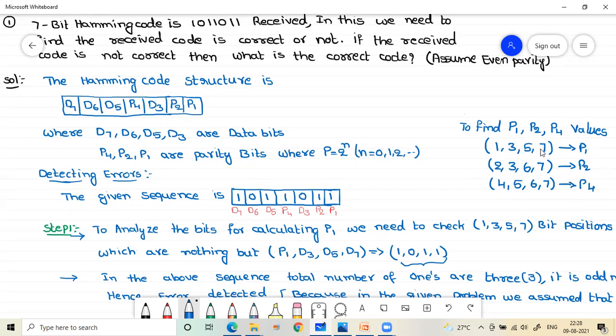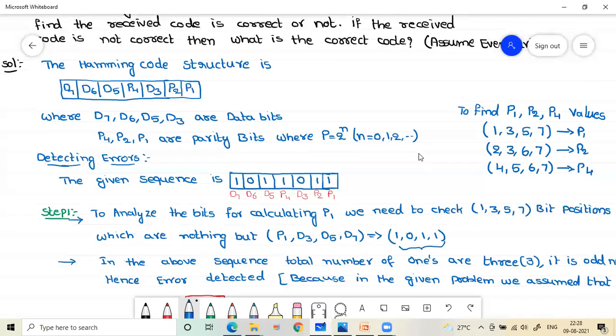You need to remember these before coming to the further steps. There is some method to derive these values, but that is not required for this problem.